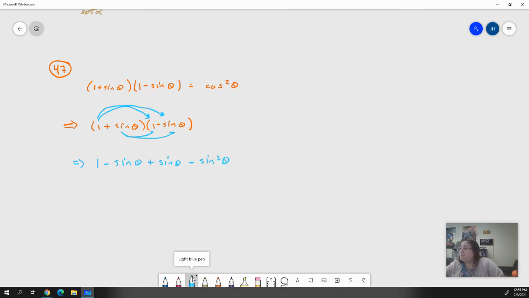And if we look at this beginning piece right here, we could go, okay, well, these just cancel out. Minus sine of theta plus sine of theta, that's just a big old 0, right? So if we're looking at that, we can just cross those out. And we're left with 1 minus sine squared theta. And if we remember that Pythagorean identity,